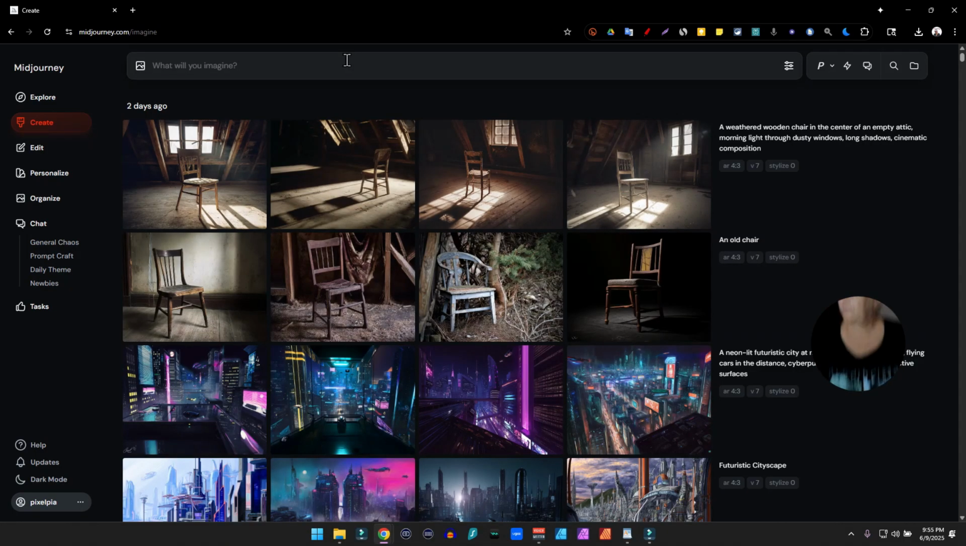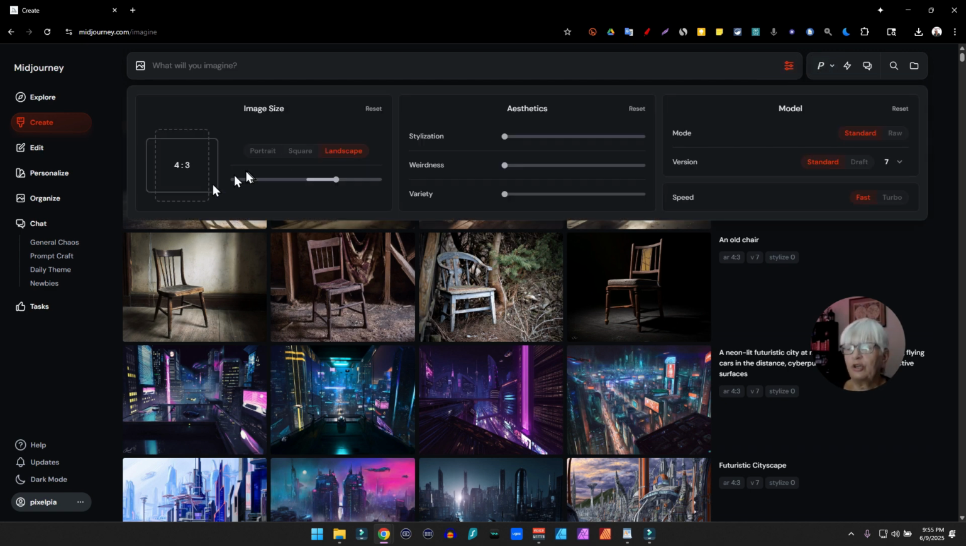So here we are in Midjourney. And as in all other videos in this series, we have no personalization on. And we're working in the image size 4x3. But today we have to switch between the different models. And you do that here under version. And as I said, the first one we're going to try is version